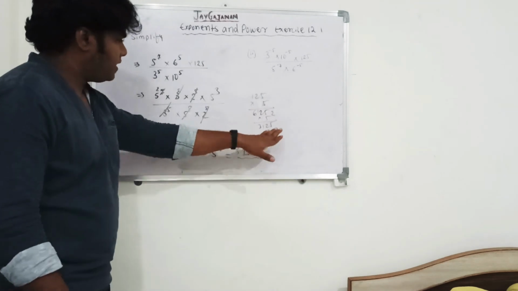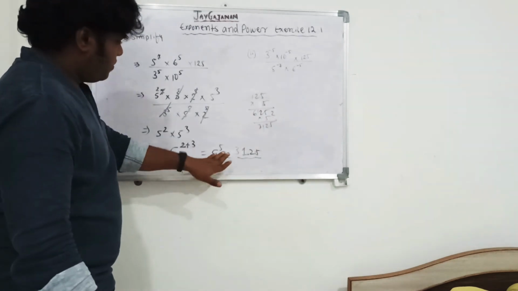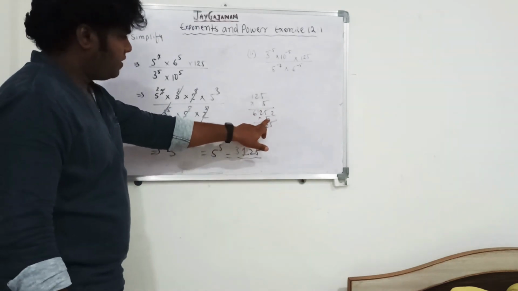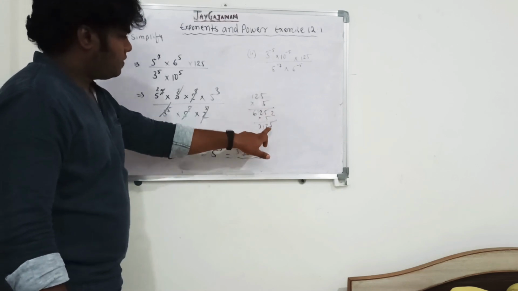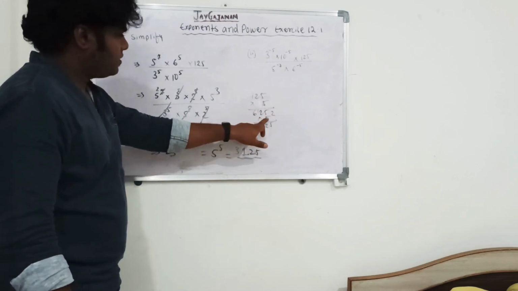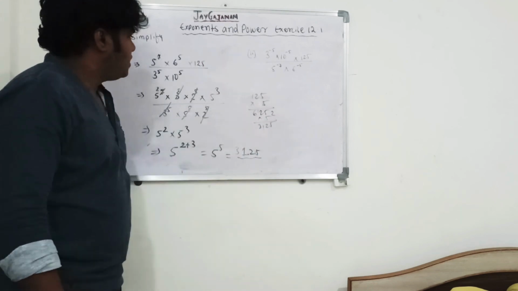You can just calculate that again one more time. 5 to the power 5 is 625, 5 fives are 25, 5 twos are 10, 12, 2, 31, 5 sixes are 30, 131. 3125 is the correct answer.